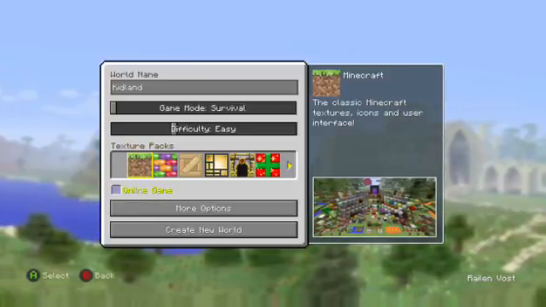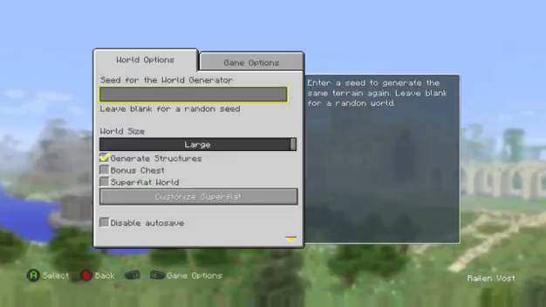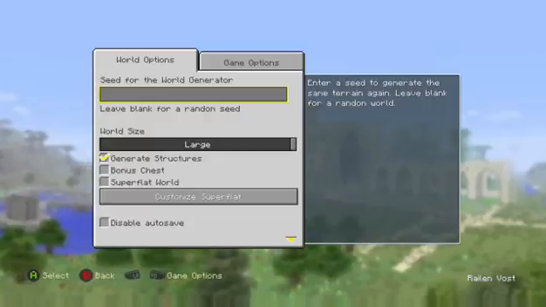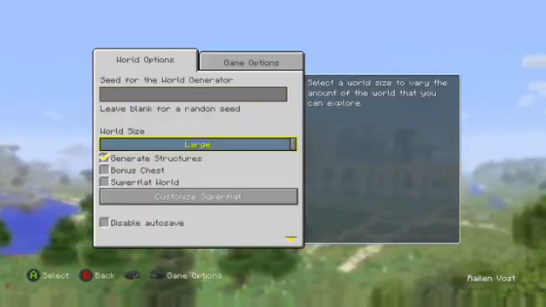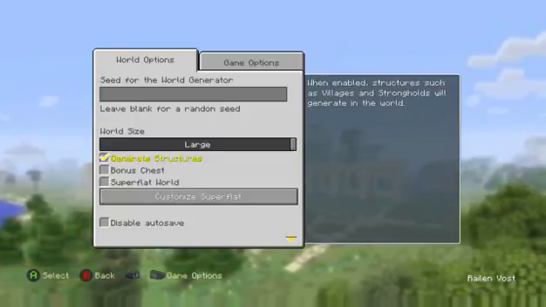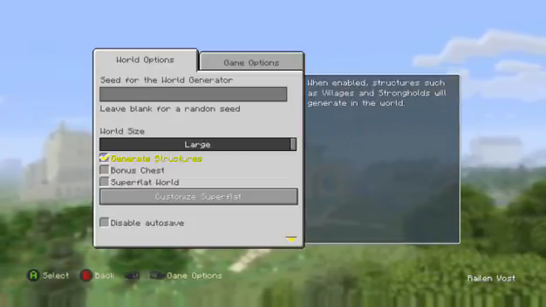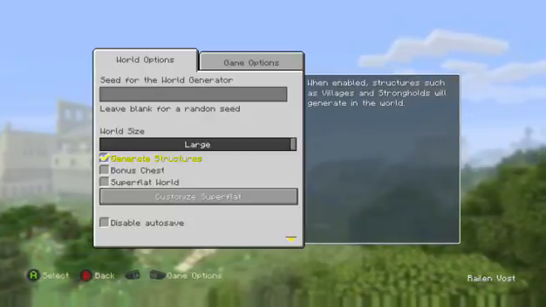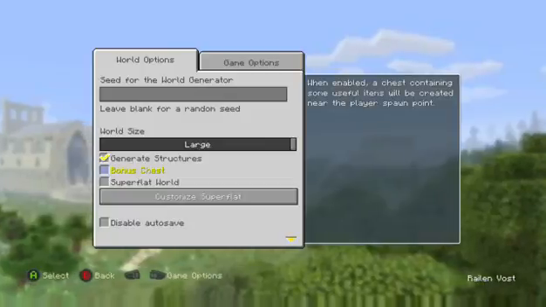Classic texture pack. This is not an online game, and here's where we really get to tweak things. We're going to go into more options. We are going to let it give us a random seed on a large world. Generate structures. Well, yeah, of course, you want to have villages and strongholds and mine shafts and things like that, so we're going to leave generate structures on. I'm going to leave bonus chest off, and I do that because